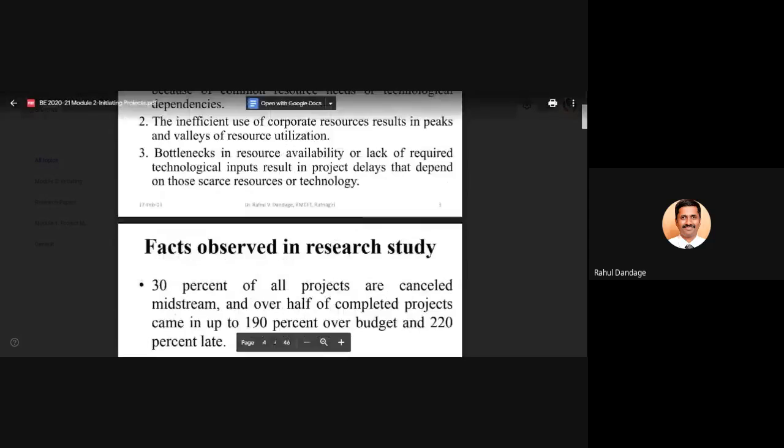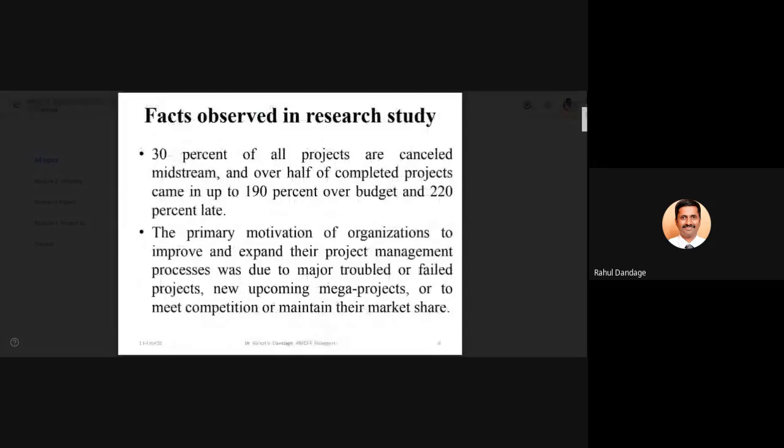The facts observed in research conducted on projects globally show that 30% of all projects are cancelled midstream, and over half of the completed projects came up to 190% over budget or 220% late. So you can see the statistics from various surveys conducted globally: out of all projects that are executed, almost 30% get cancelled midstream. So halfway